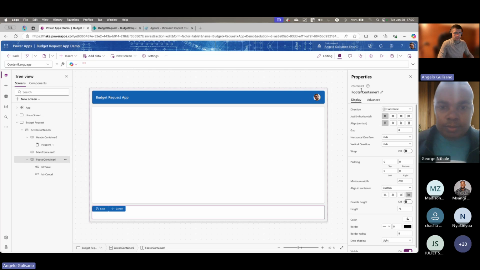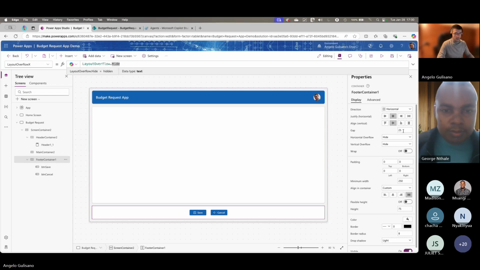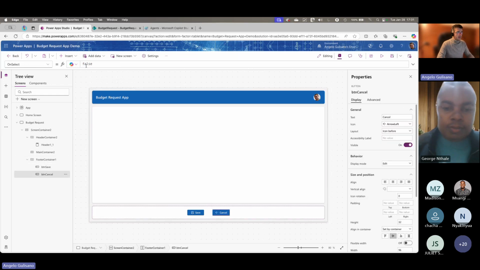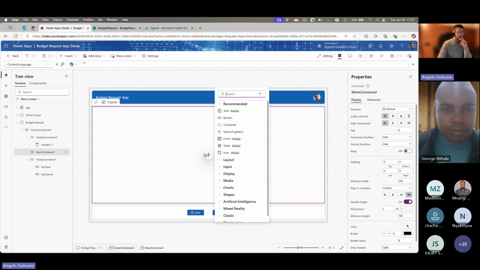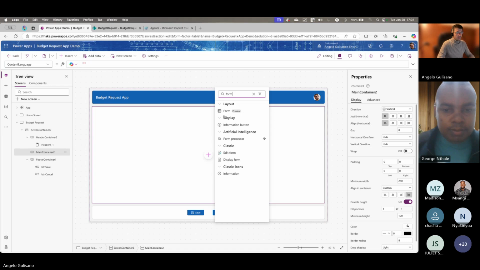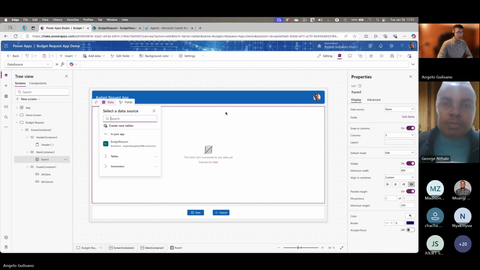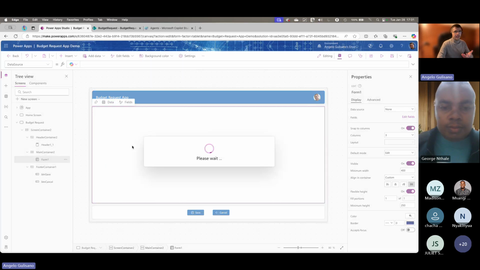So I'm going to add some information to our container to align my control. Okay. It's okay for a demo. The idea is if user click cancel back function allow us to come back, and the idea is to use a form control to have the possibility to create in a really quick way a new item or edit item.